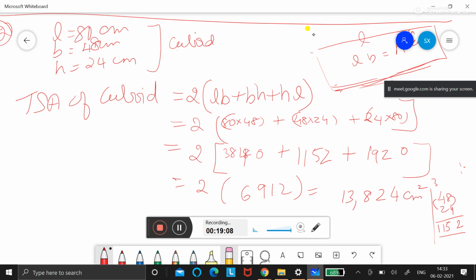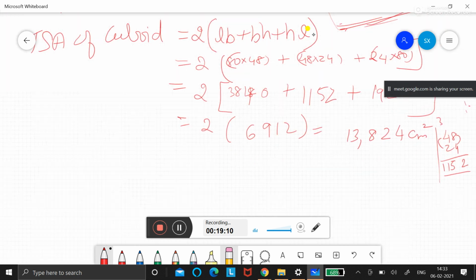Okay, every sum you should practice. Practice 2 to 3 times. Then only in exam time you will not suffer, you will not make any conceptual error. In mathematics, you should never make any error, conceptual error or careless error. For that you need practice, children.